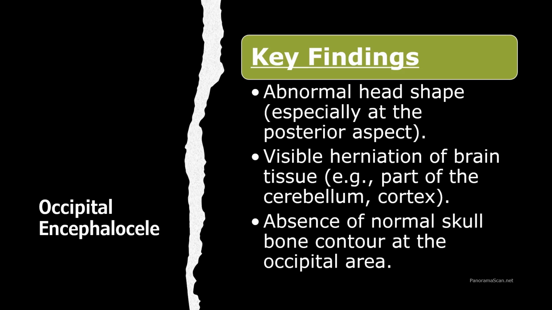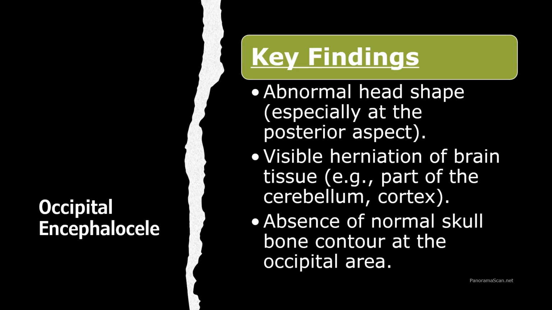of the skull. This irregularity is a significant marker prompting closer examination of the cranial structures. Second, we may detect visible herniation of the brain tissues, which could involve part of the cerebellum, cortex, or other regions of the brain. Identifying these components within the sac is essential for assessing the severity and potential complications of